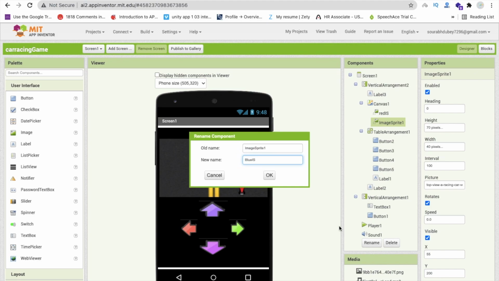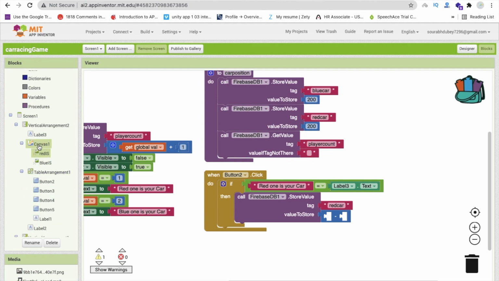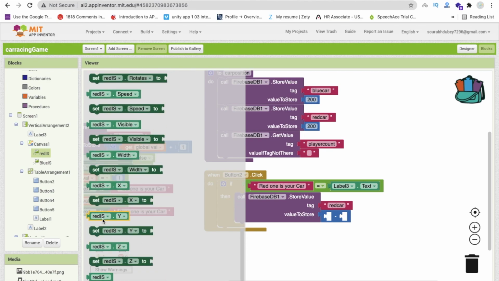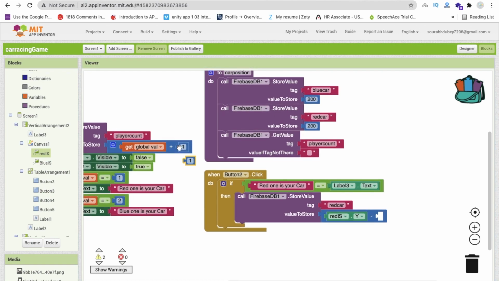Blue IS. Okay, image split. So go to the block. Now we have to minus value from a red car. Okay, so how can we do that? We need to get the red car, that one red car, image split current Y value. This one, red car dot Y. Okay, and we will minus that value from 10. Like this, we need to get one numeric and just type 10 like this.